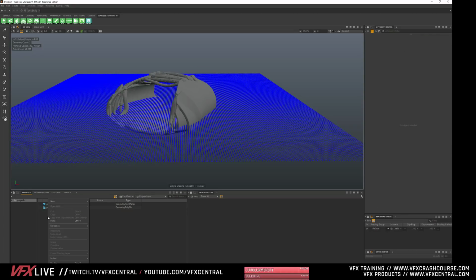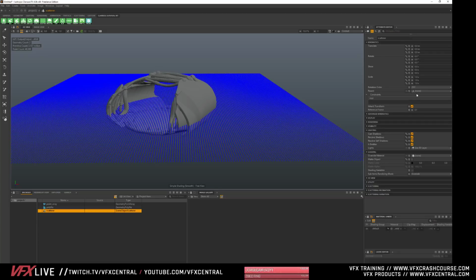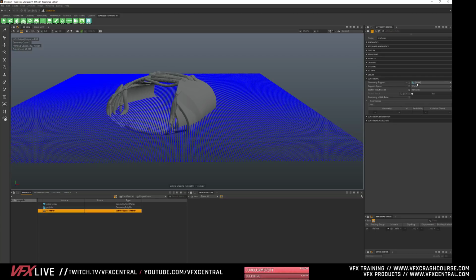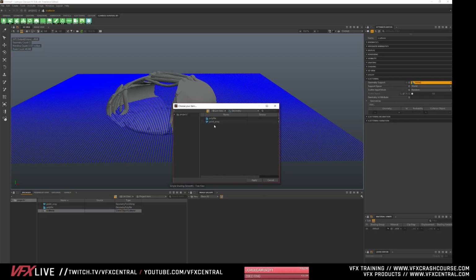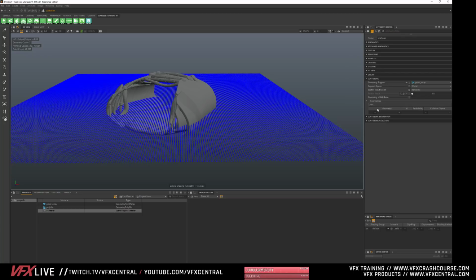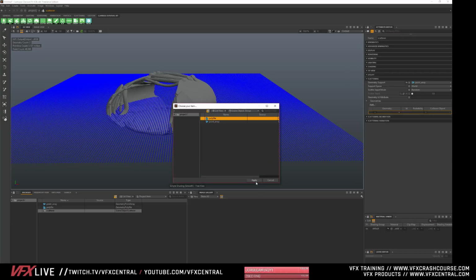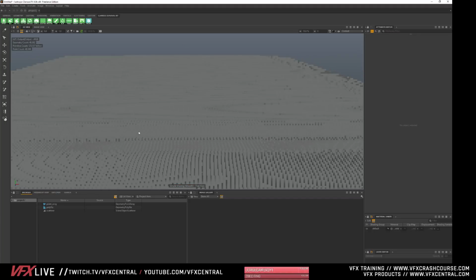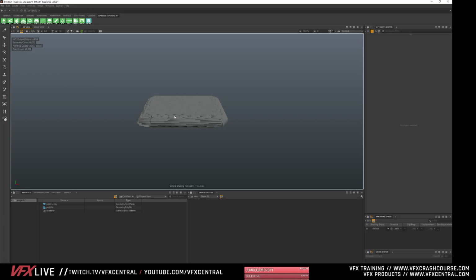So we have these points, and we have this file, and now we need what's called a scatter. So we say, okay, scatter. And in the scatter, we just need to specify what we're going to use. First thing it needs to know is what it's scattering onto. You can also have geometry and other things like that, but we're going to click right here on this point array. So we want to use the point array, and we now need to add some geometry. So here's that geo, and boom, now we have a massive amount of polygons.